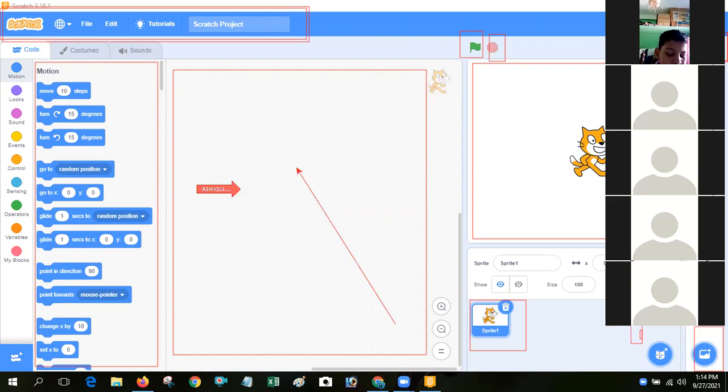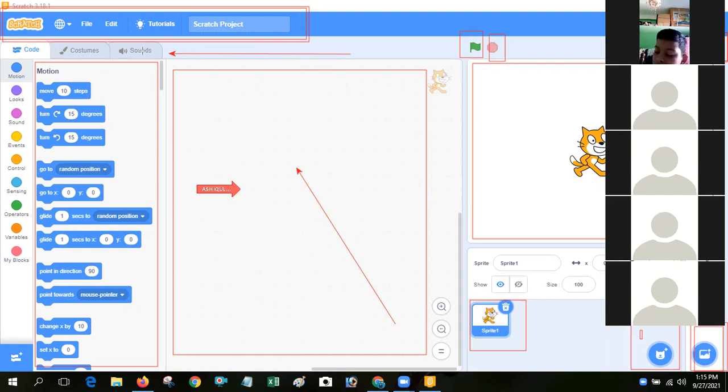This one is new sprite button. Next is tab. This one is called tab. Code tab, costume tab, and sound tab.